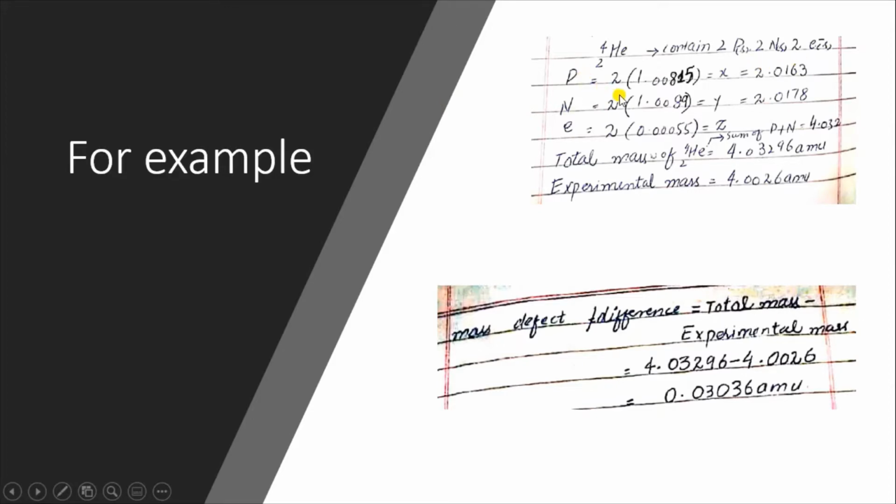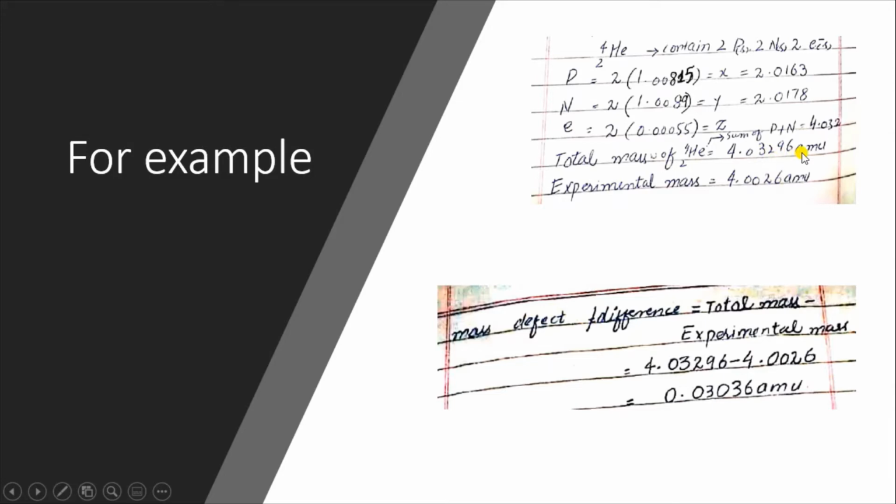We know that there are 2 protons, and the mass of 1 proton is 1.00815. If we multiply it by 2, it will be 2.0163. For neutrons, we multiply 2 with the mass of a neutron, and the result will be 2.0178. Then the electrons' mass, so the total mass of helium will be